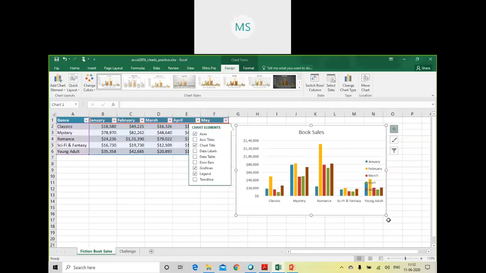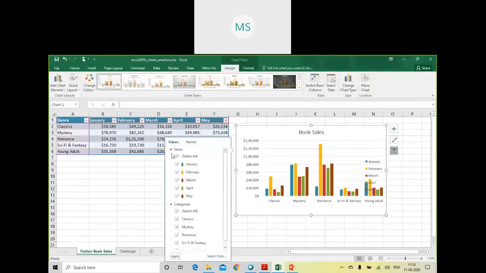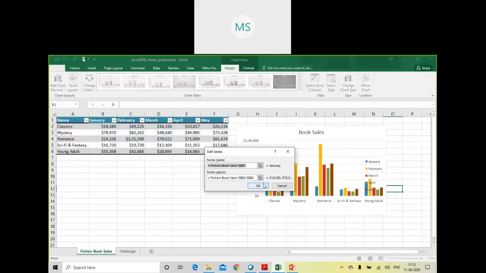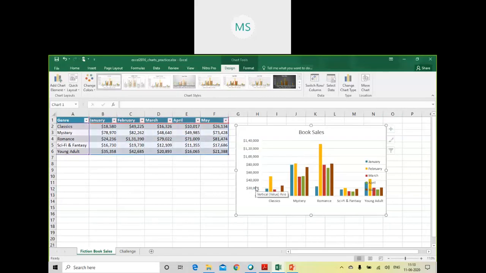Data labels will also be removed. So this is how it can be done. And apart from that, if you want, you can also put a filter on it. Like if I don't want to get the details of January, you can do that accordingly. These are the series values. If you want, you can make changes in them, and whatever changes are made will be reflected. So these are some formatting options for your chart.